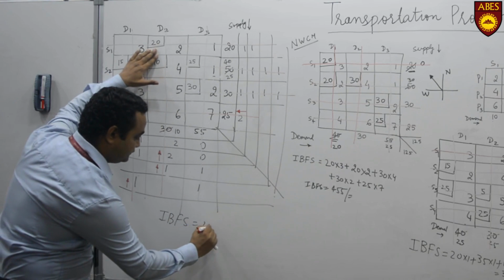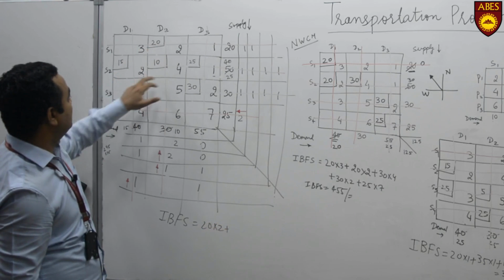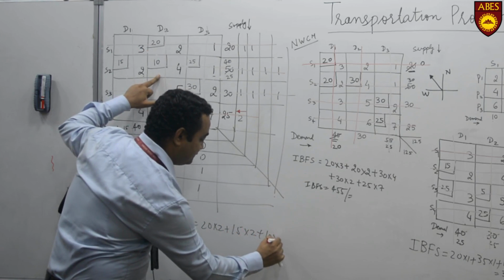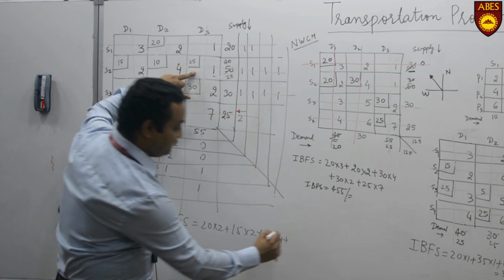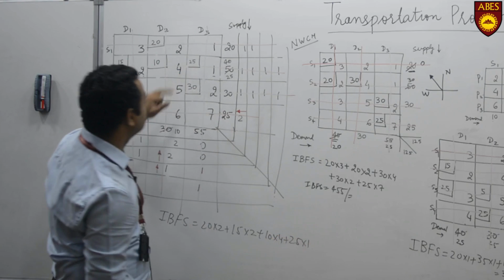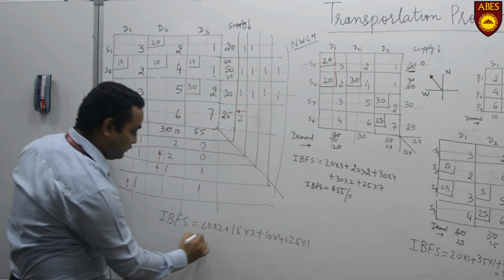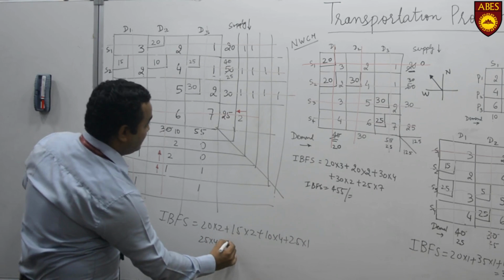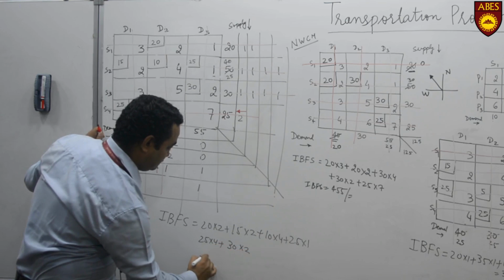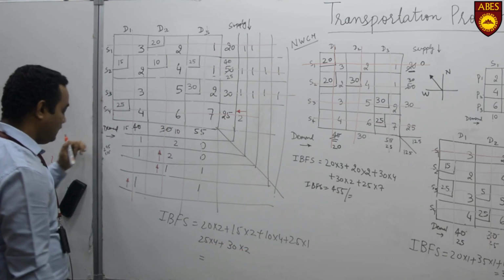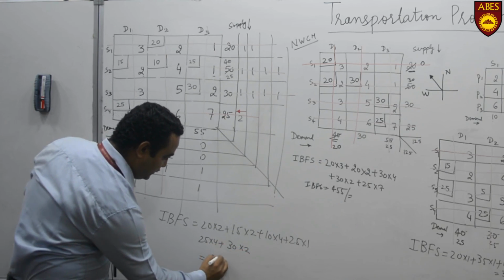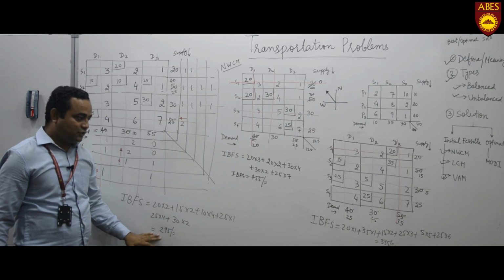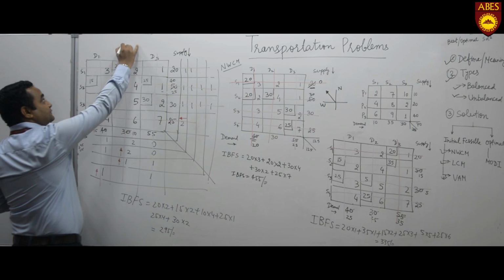20 multiplied by 2, 15 multiplied by 2, 10 multiplied by 4, 25 multiplied by 1, 25 multiplied by 4, and 30 multiplied by 2. This comes to 295. So the total value is 295 for the VAM method,